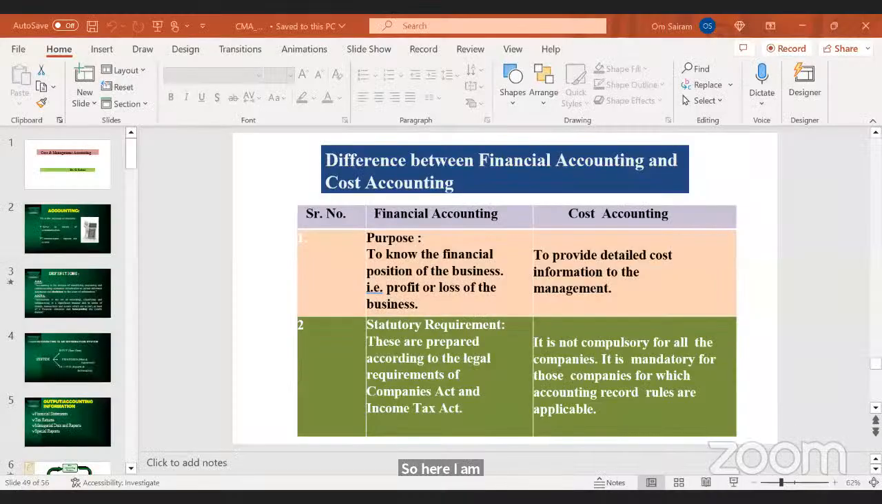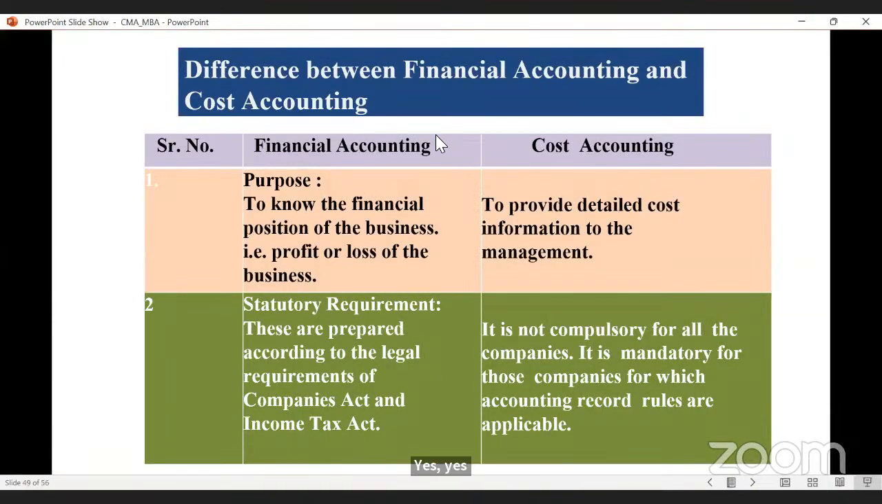Screen. Last class, I hope we have already discussed various classifications of cost, isn't it? Yes, sir. Is my screen visible to all of you? Yes. Good. So today we are going to discuss the basic difference between financial accounting